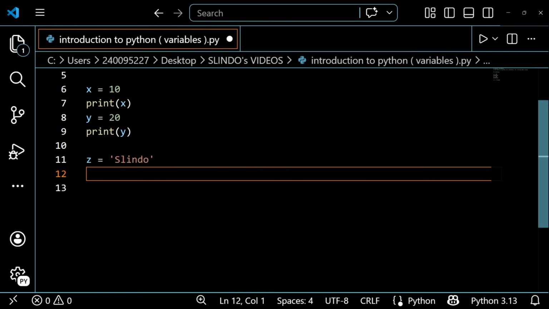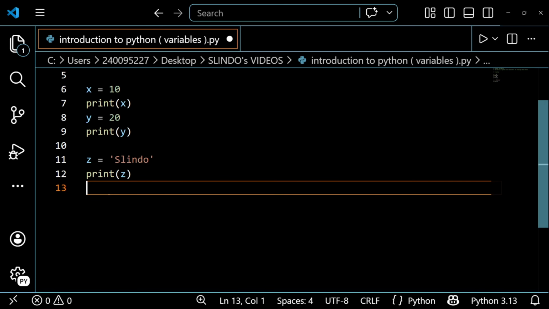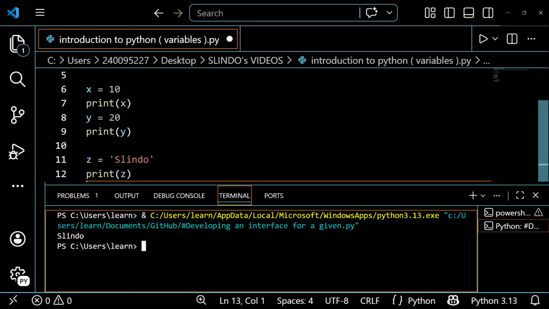So if I want to access cylinder, I can say print z, because if I'm dealing with z, then I can access what is stored in it. You see, cylinder is being displayed here.